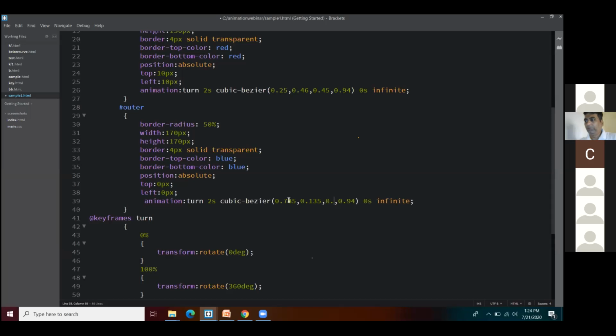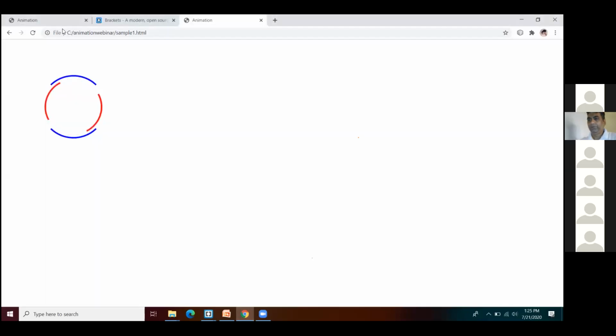Just be careful with your starting and end points. Make sure your starting point should be 7.8 and your ending point should be 8.6. Rest, you can give out any values. Let me turn the animation so you can see there. The two circles are rotating one inside the other, inner one and the outer one.